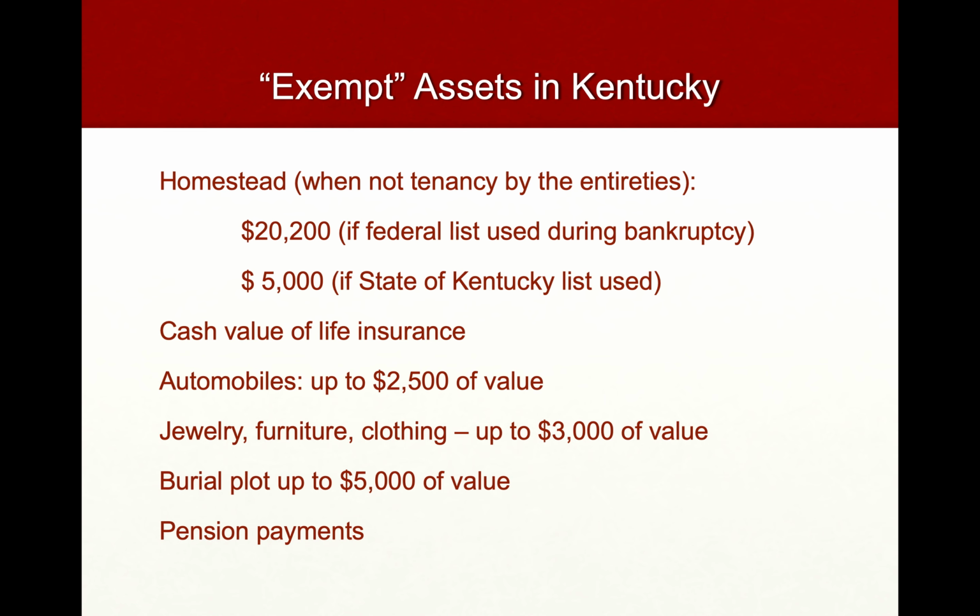In some states, homestead is fully protected. For example, Florida. If you own a $5 million home in Florida and you've lived there for more than 720 days, it's a fully exempt asset. The same for Texas. So some states, just a few states, have very big exemptions. And in a lot of states annuities are exempt. So, like if you went out and bought a non-qualified annuity, where you put money in and it grows on a tax deferred basis, annuities are exempt, but they are not exempt in the state of Kentucky. Not that type of annuity. If you're getting a pension where you're actually getting annuity streams, there are certain limited exemptions for that.